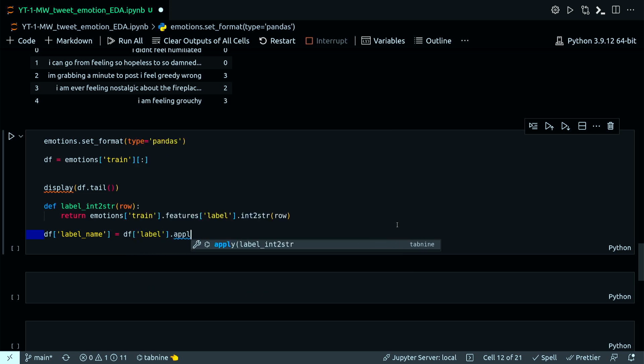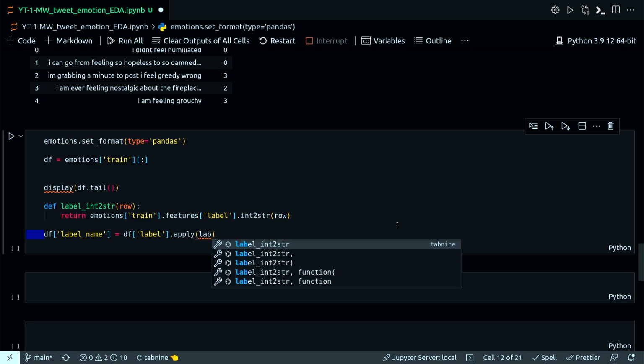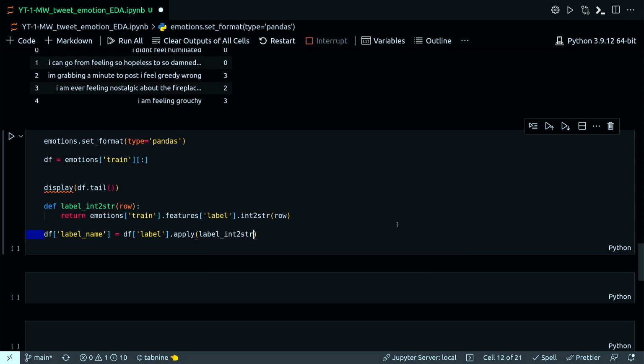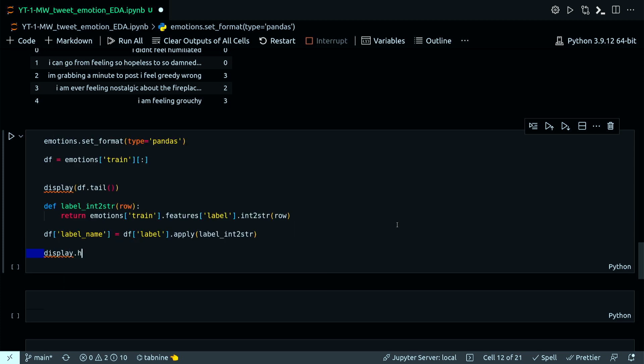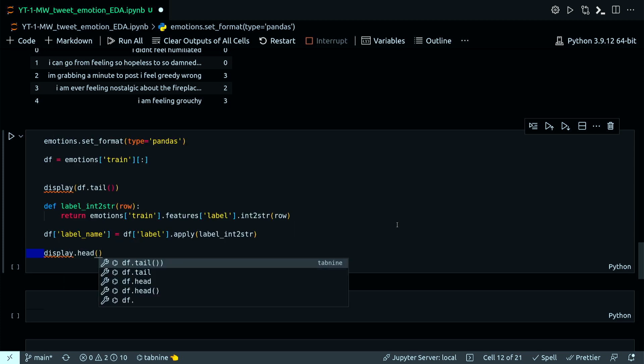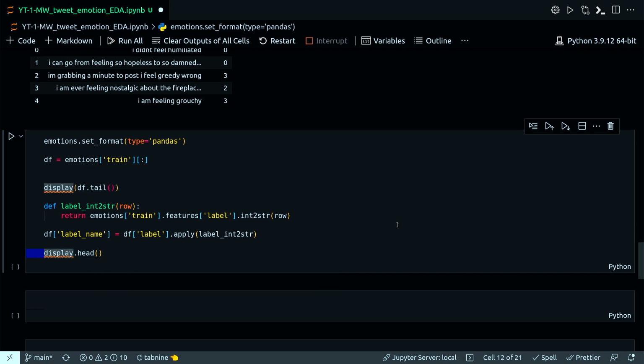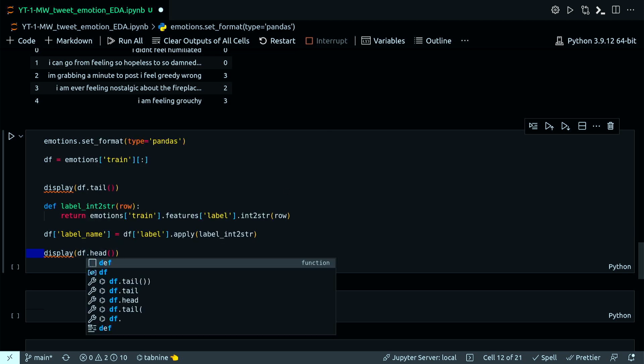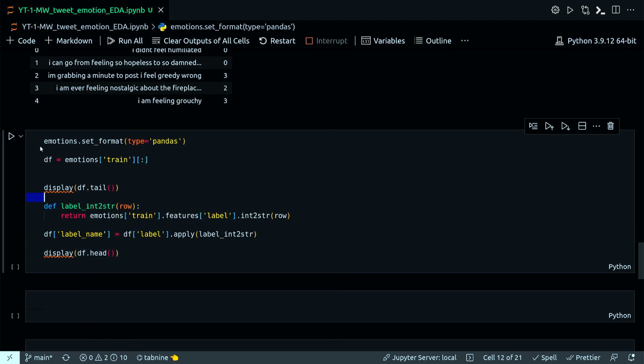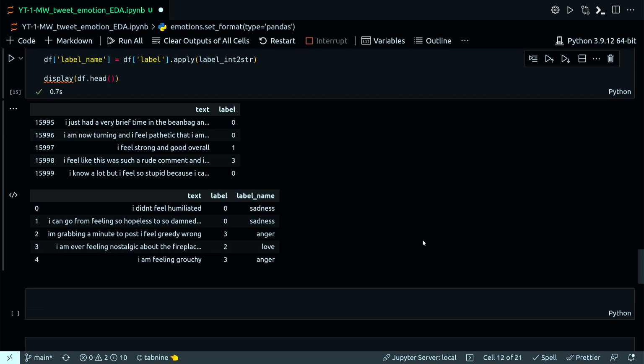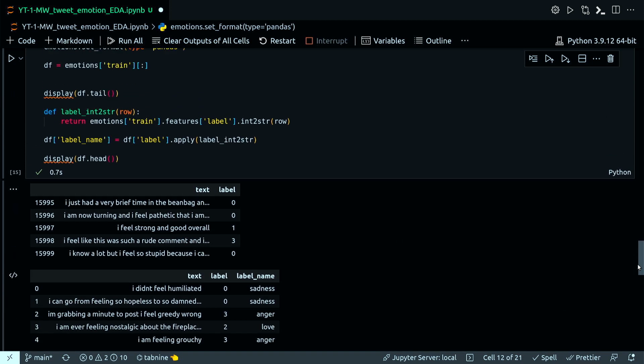And to that I will apply this method that I just defined, which is label to int-to-str. Okay. Cool. So this was my original data set, before applying the int-to-str, and